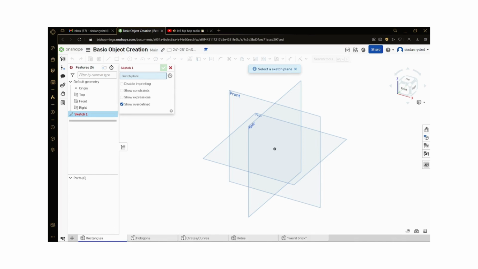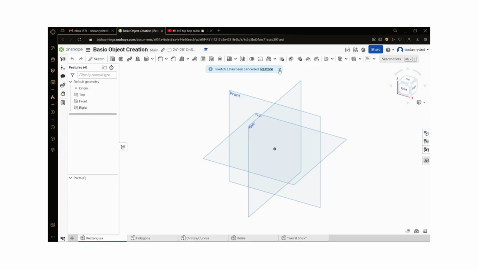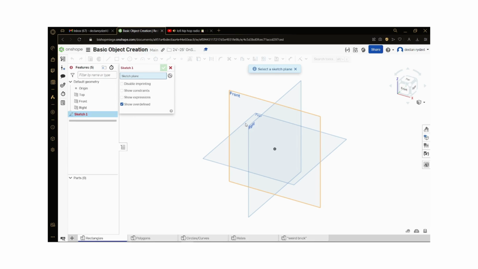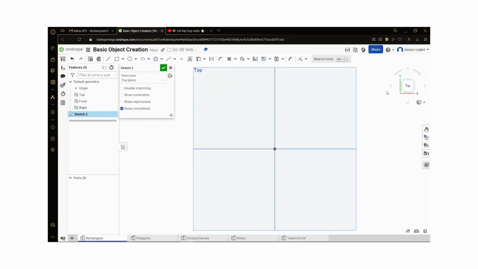So first off is going to be basic cubes and rectangles. What you're going to want to do is go up to the sketch over here and click on one of these three faces. I like to do the top, and then center yourself around that using this nav ball up here. So now you're looking straight down at the top face. And to make a